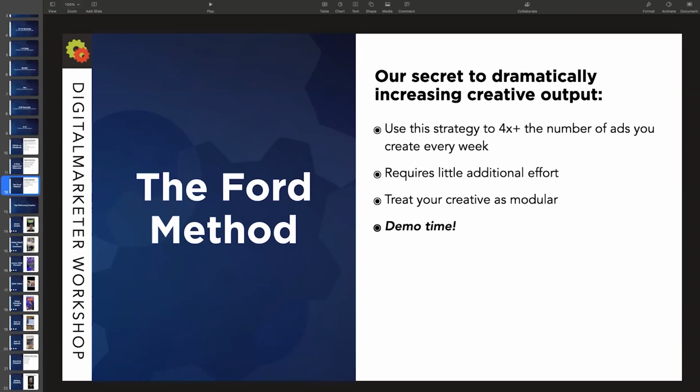This rethink of how ad creative is made is absolutely game changing. This one thing, this strategy we're talking about right here, is going to change the game for all your ad creative, right? Just thinking about ad creative as modular instead of singular changed our game for our agency overnight once we started doing this. And every student we've taught this to, it changed the game for them. So I'm really excited to talk about this specific strategy.